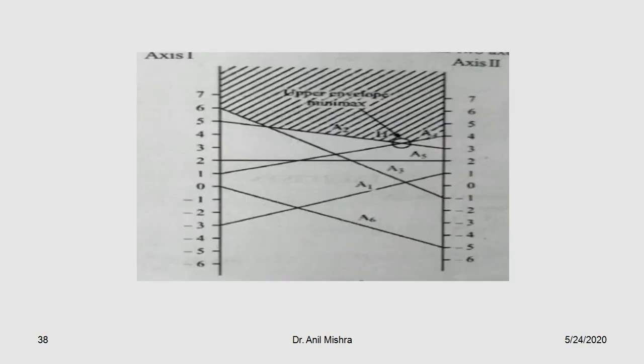Let's move to that. While you plot all the values, minus 3 and 1 and so on, from the upper side we have to take into account the minimum. These are the corner points, this point, this point, this point and this point. Out of those, which is the most minimum? This is the most minimum. And which 2 lines intersect each other? That is 4, 1 and 3, 5. We have to consider 4, 1 and 3, 5.